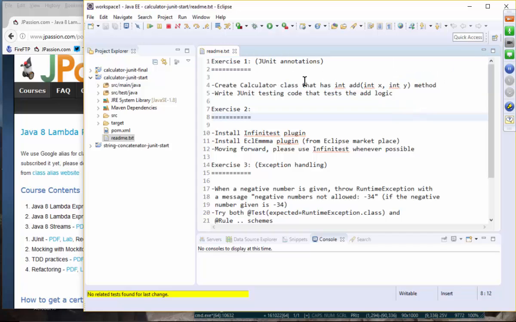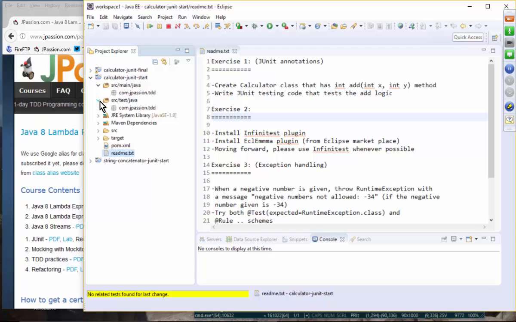So here what we're going to do is create a calculator class that contains a very simple add method, which takes int x and y and returns an int as a result. And you're going to write the JUnit testing code that tests the add logic. So here, if you take a look at the directory structure, we have src main java and src test java, and this is a Maven project. So if you take a look at the pom.xml file,